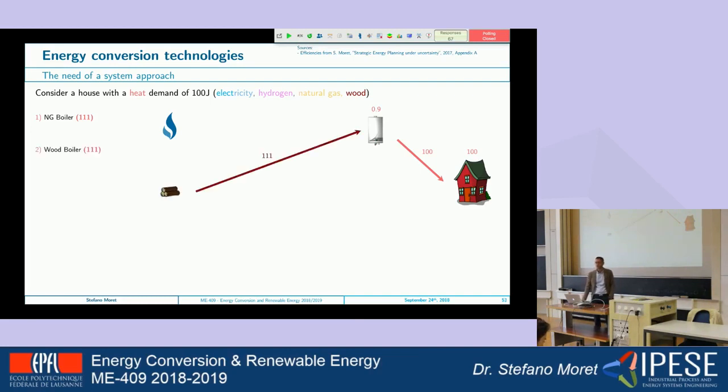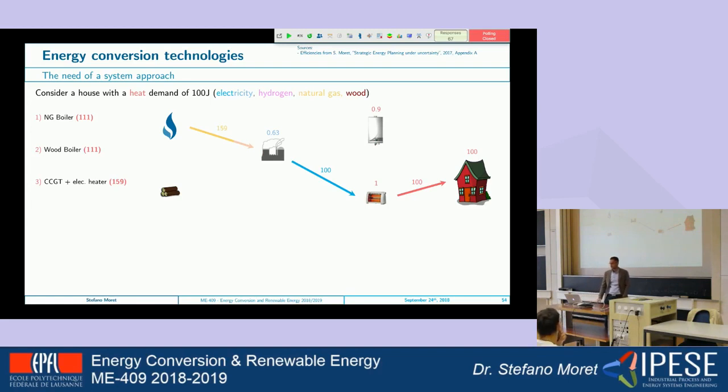The second option is that you might replace your gas boiler with a wood boiler. Let's assume the energy efficiency of the boiler is the same, which is actually normally quite similar. So in this case you consume the same amount of primary energy of the fuel. You have a fuel which is renewable. You might have issues related to local emissions, for example of particulate matter from wood boiler combustion.